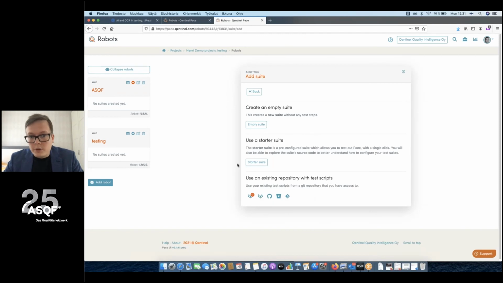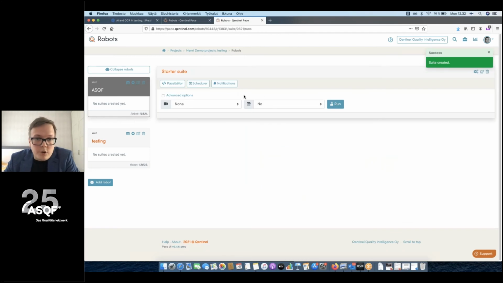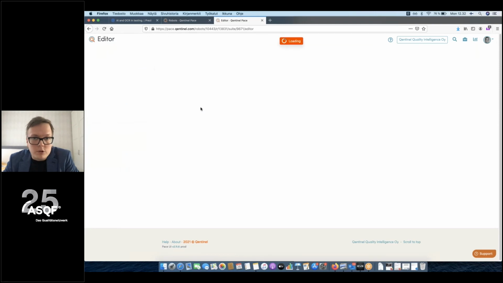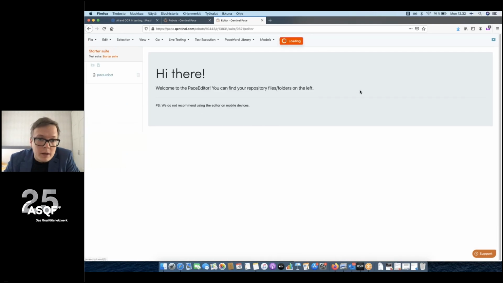I'm just going to use our starter suite, but it supports basically any Git that you have: GitHub, Bitbucket. Any custom Git can also be done, but with Bitbucket, GitHub and GitLab we of course support the better features that the API also supports, and we can basically use the online editors through that also. We can just choose the starter suite, and I'll show you the stuff through that. You can do some basics, notifications when tests fail, scheduler, all of that, but we're not too focused on that. We're more focused on the actual test cases.